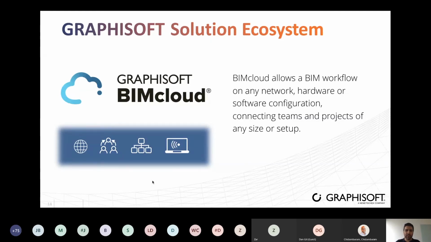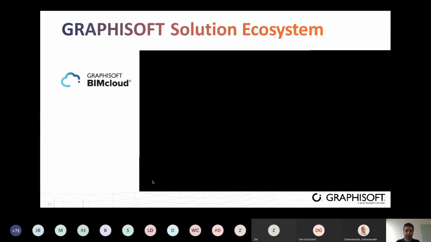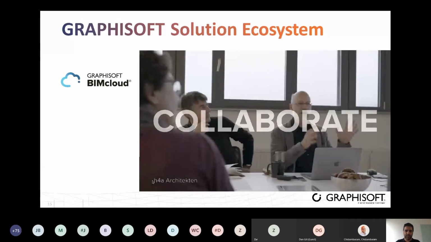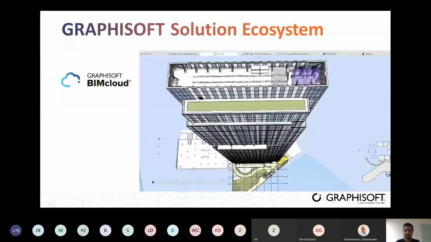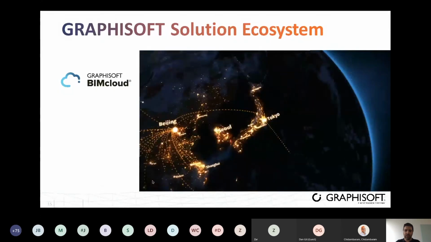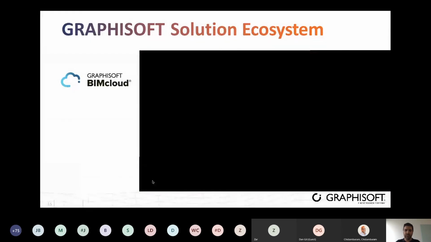So now the last one is BIM Cloud. Basically, it allows any kind of network, any hardware configuration, to connect teams, being on a local area network or on the World Wide Web, working together in an integrated way. So basically, this allows you to collaborate from anywhere in the world. You can have someone doing model changes, and you will be able to retrieve those model changes in your